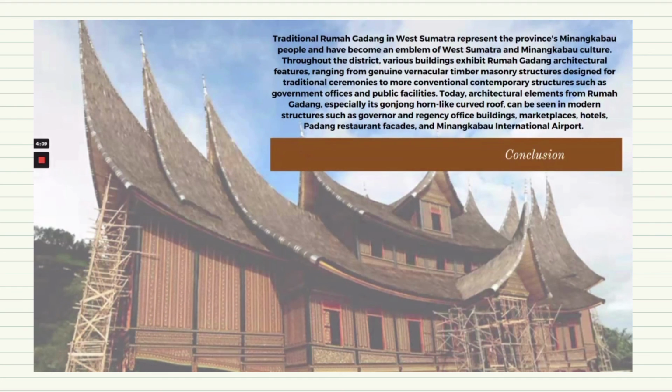In conclusion, the traditional Rumah Gadang in West Sumatra represents the Minangkabau people and has become an emblem of West Sumatra and Minangkabau culture. Throughout the district, various buildings exhibit Rumah Gadang architectural features, ranging from vernacular monastery structures designed for traditional ceremonies to more conventional contemporary structures such